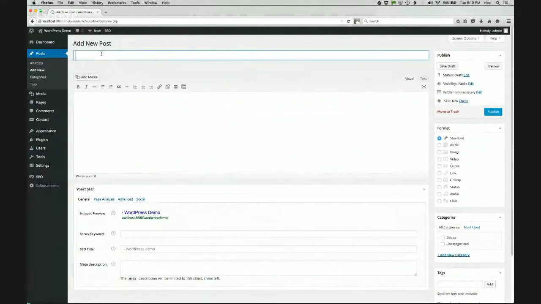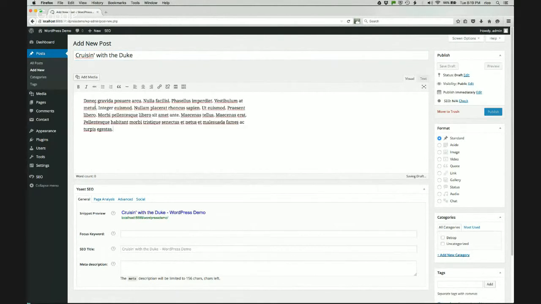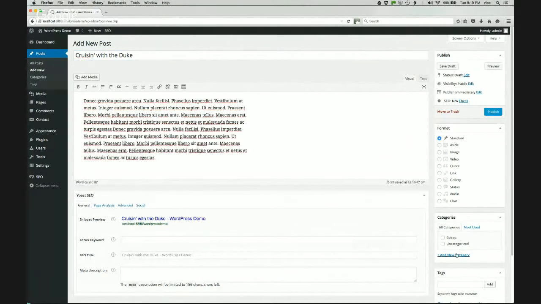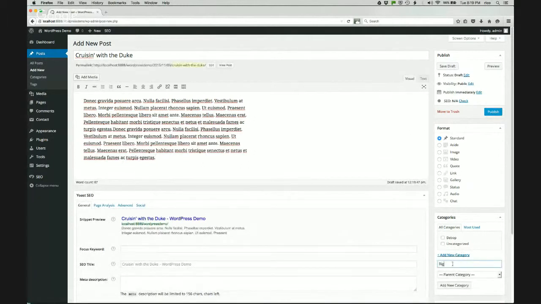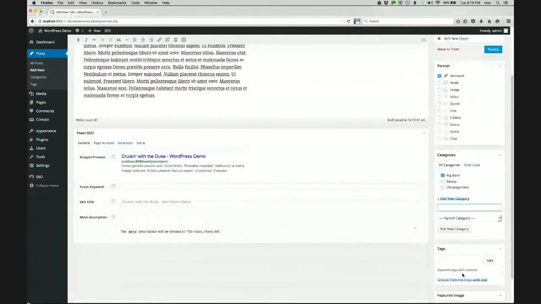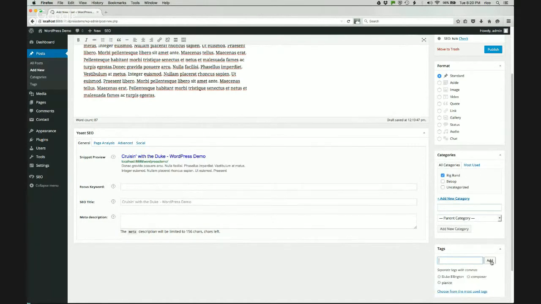And let's write something about Duke Ellington. So we'll call this Cruising with the Duke. Again, I'm going to throw in some dummy text. And this is a different category. So this category is going to be big band. I'm going to add that category. And the tags here, let's tag it with the artist's name. That seems to be the structure we're using, Duke Ellington. And let's put in composer as another tag. And Duke Ellington was a pianist, so let's put in pianist. So there are our tags. Now, if we publish this,